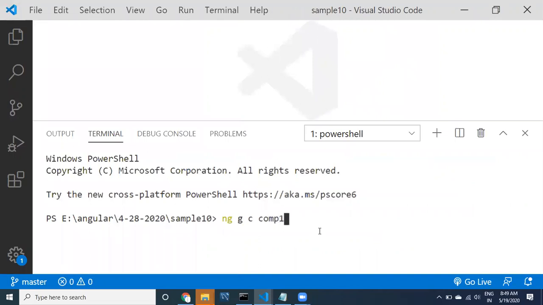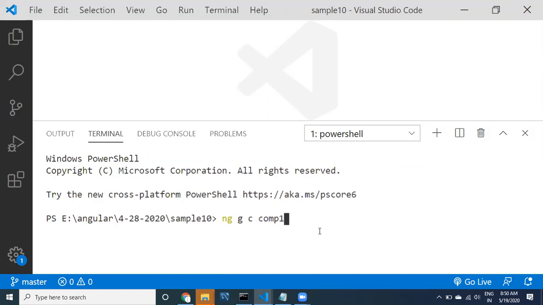Remember what different components I am creating. I am not specifying any folder for this component. By default it is going to be created in the app module. So in the initial example I am going to take only one module, the app module, which is the root module.